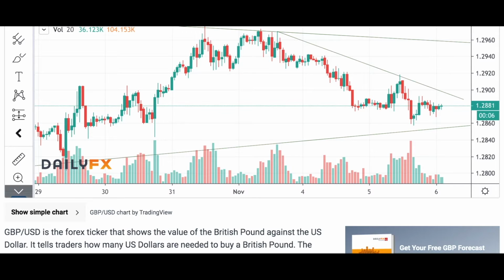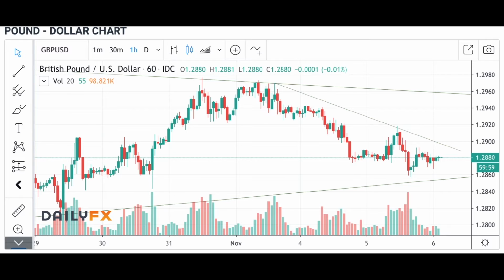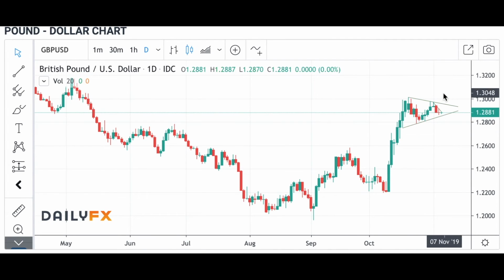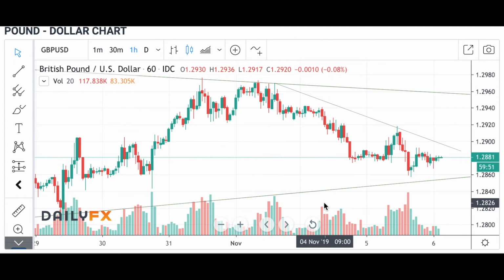This is for GBPUSD, the British pound. I hope this is clearer to you. Again, for the British pound, if you look at the daily chart, it's going to break somewhere here or somewhere here. And if you look at the hourly chart, it's going to be like that. So you really have to be very hard working in drawing out the various parameters, top and down. Just look at the daily trends and then look at the hourly trends and you should get